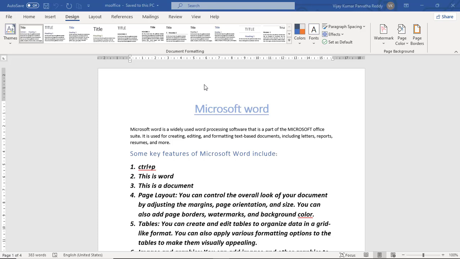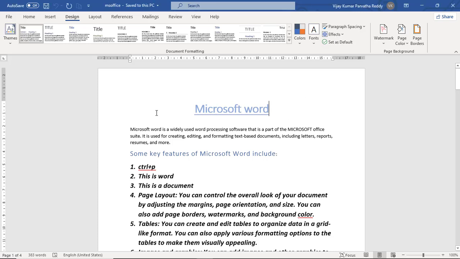Of course, you already set up some formatting styles in previous sessions, but these are a predefined set of styles. So you can simply select a particular style and apply it either through a theme or by using different styles like this, and different sets of colors or fonts or even paragraph spacing and object effects also.